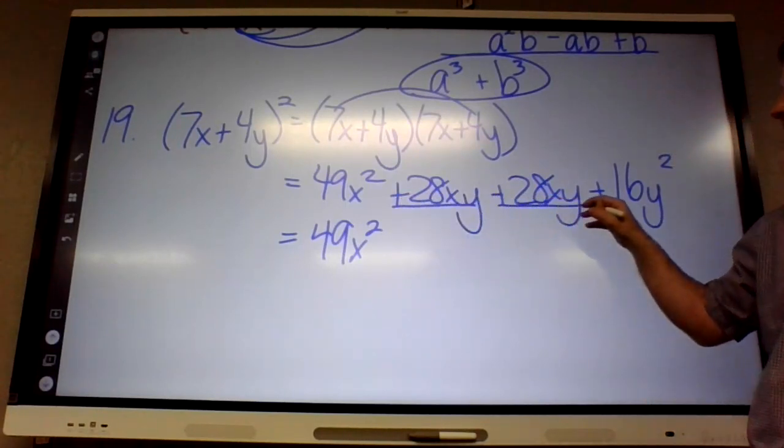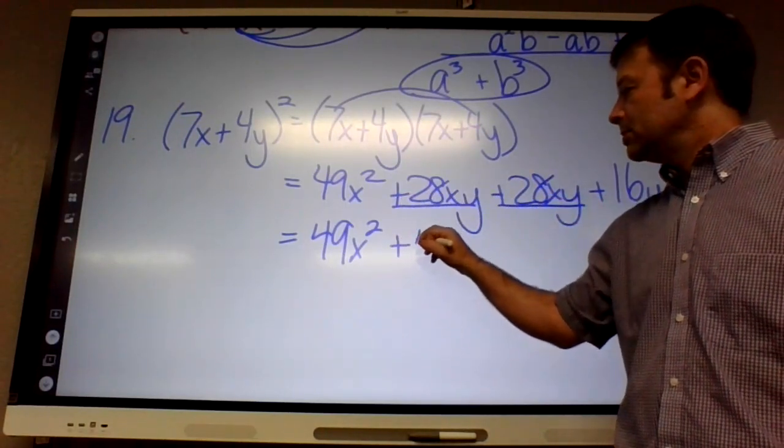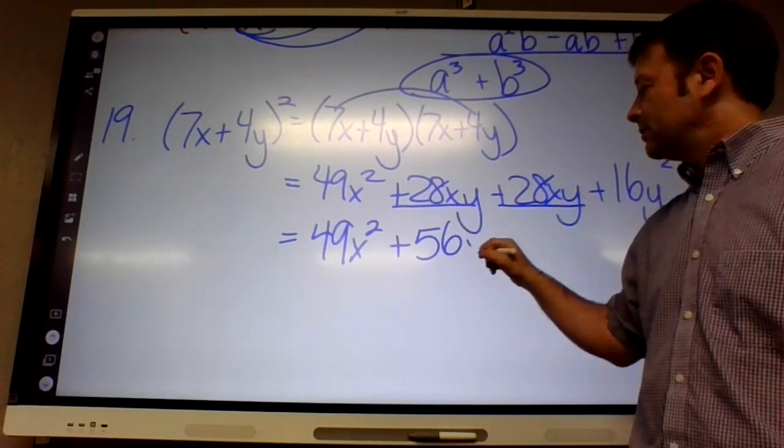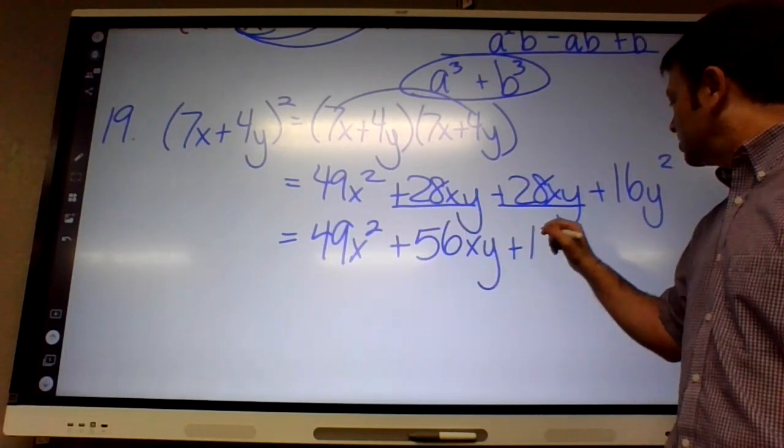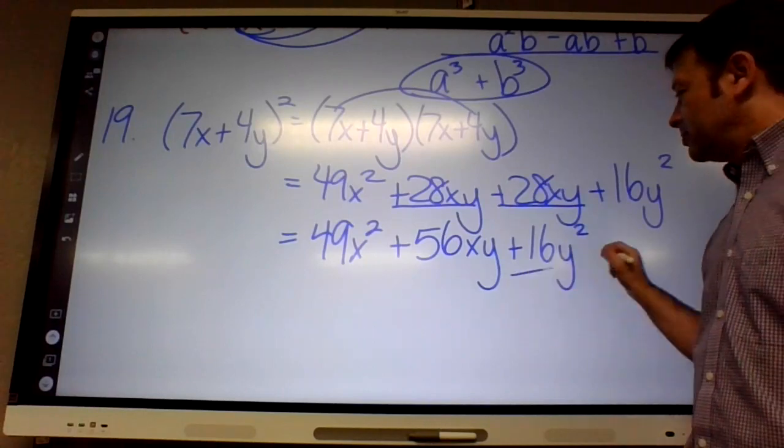28xy plus 28xy is 56xy. So that would be the